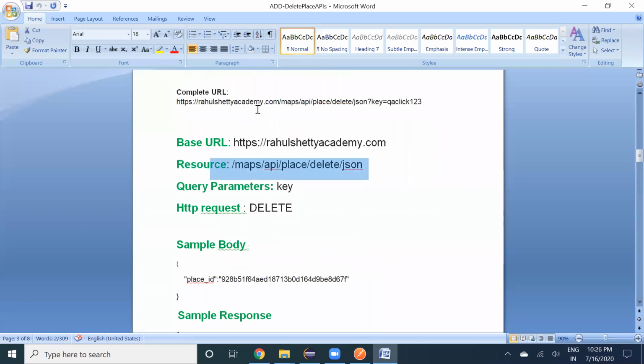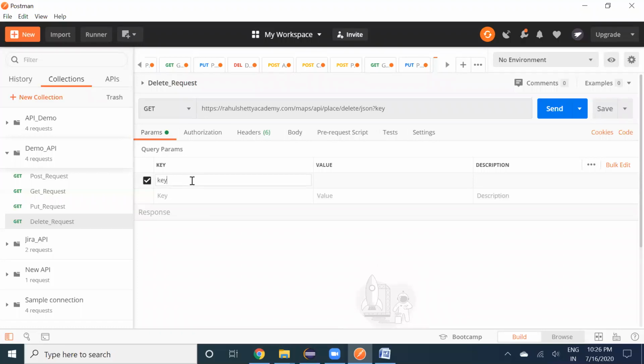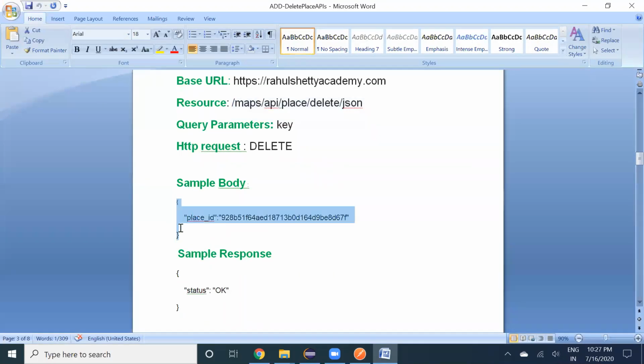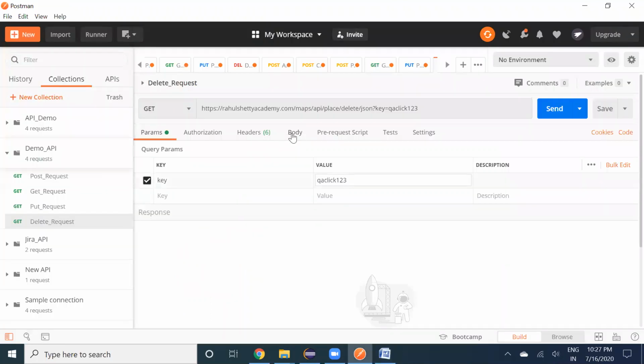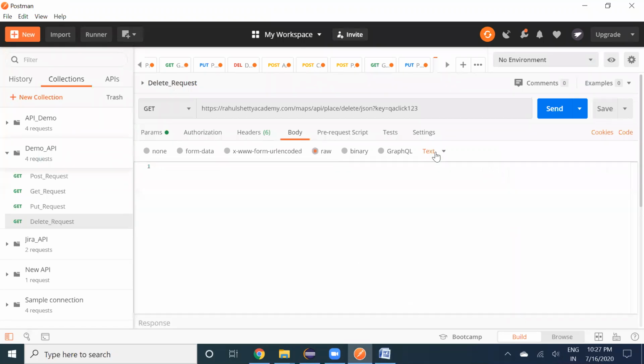He is going to give the resource now, and the query param, and the body.